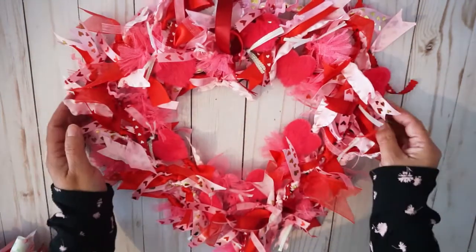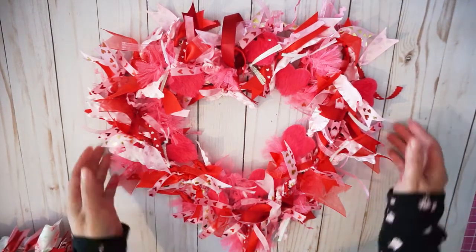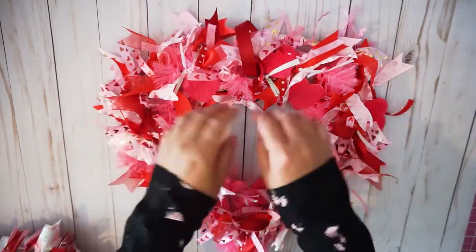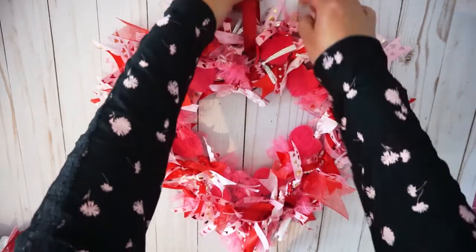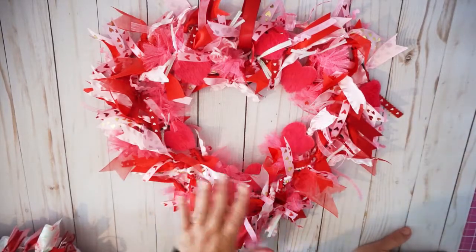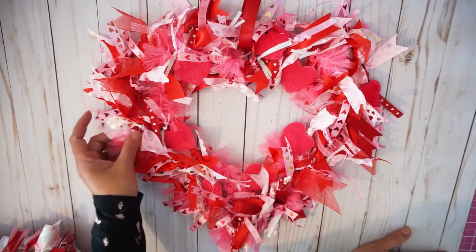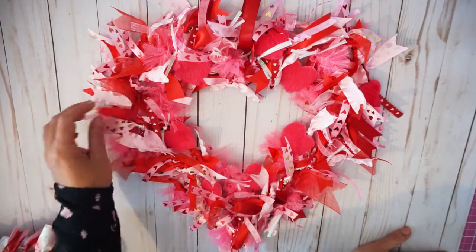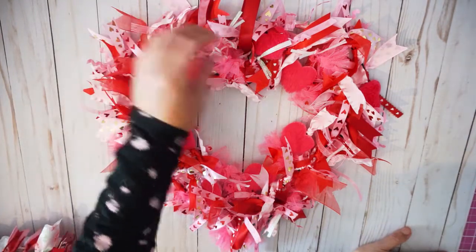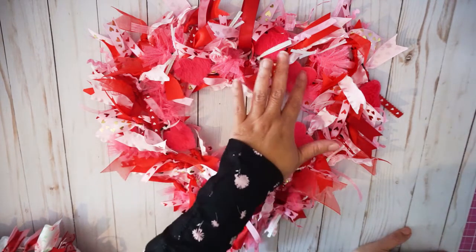So then, of course, I needed one for my craft room, right? So I put together this one. And I just loved how it turned out. And a lot of texture, a lot of ribbons everywhere. And this is the hanging, so I hang it in my craft room. And as you can see, I kept consistency again. Used like 4 types of ribbons and trims, and I glue some of these foamy hearts that I